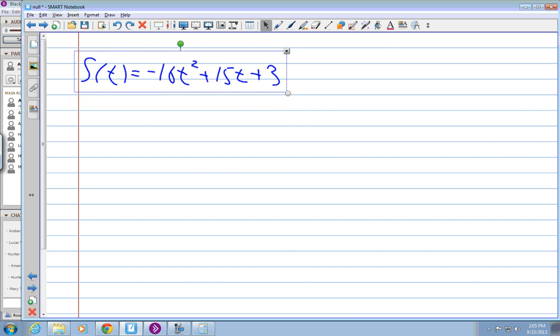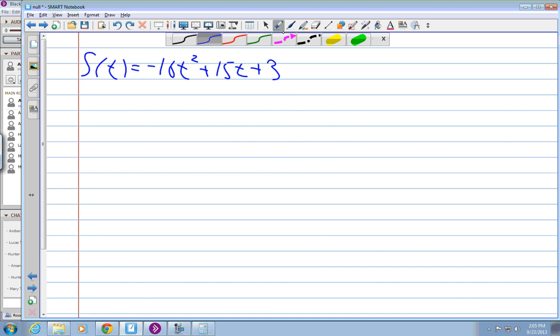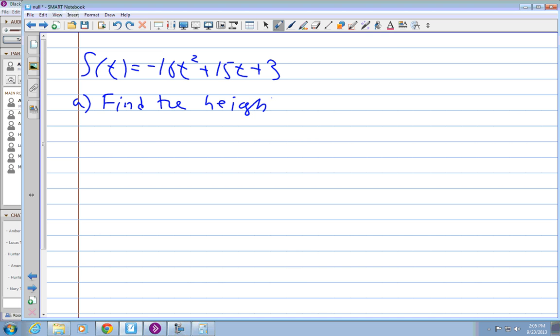So this function gives me the height of the flight of that marker at time t. So I can ask you a whole bunch of questions like, find the height after 2 seconds. So I want to know how high is that marker above the ground 2 seconds after I tossed it, right? So all you have to do is to evaluate S of 2. Okay, so that'll tell me precisely how high that marker was